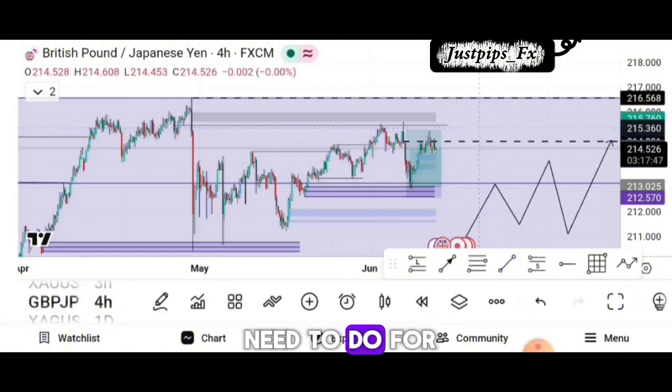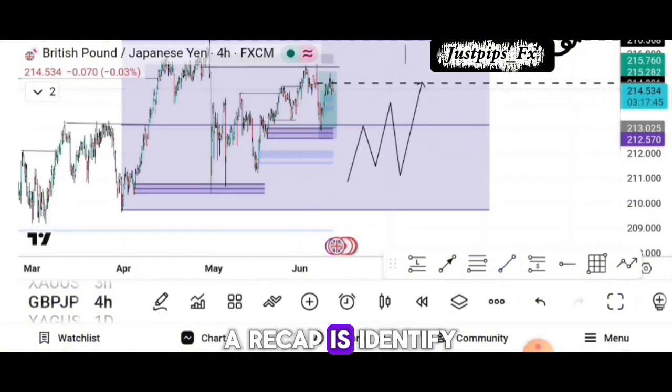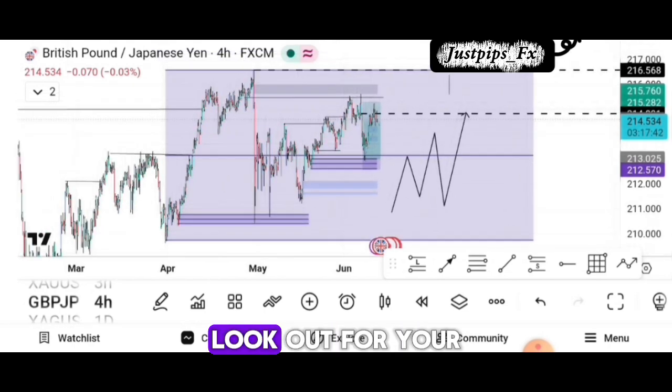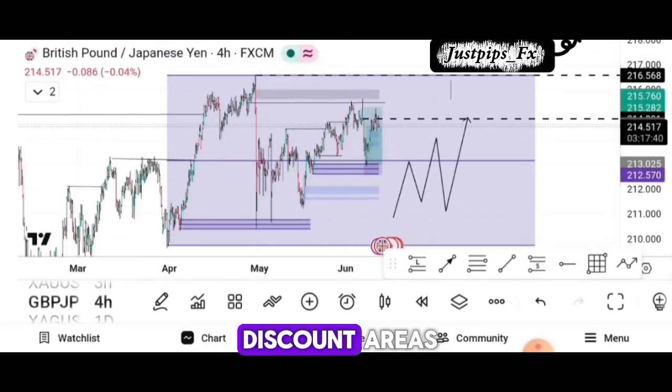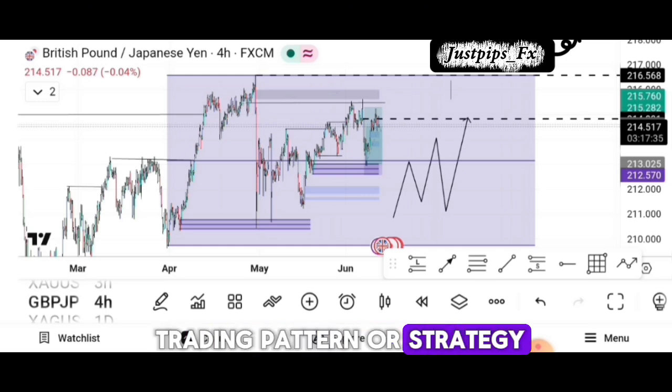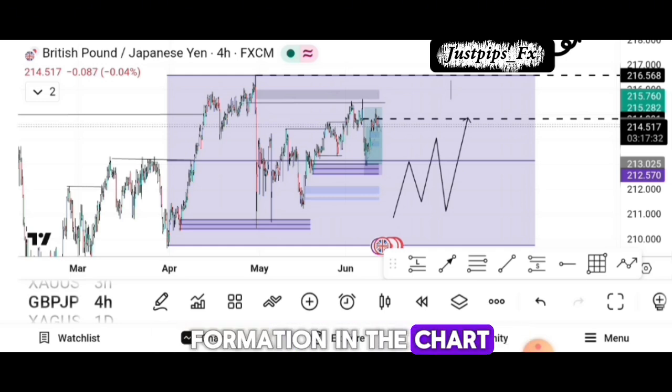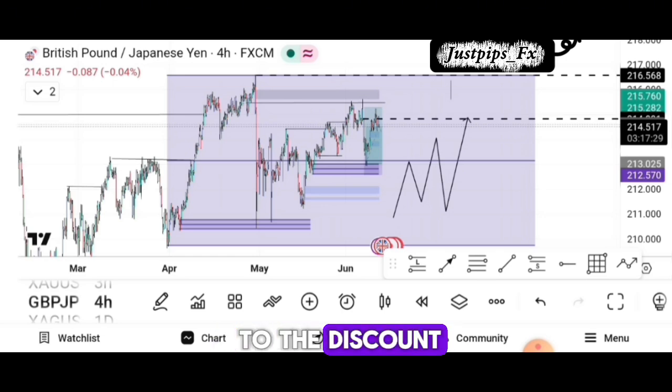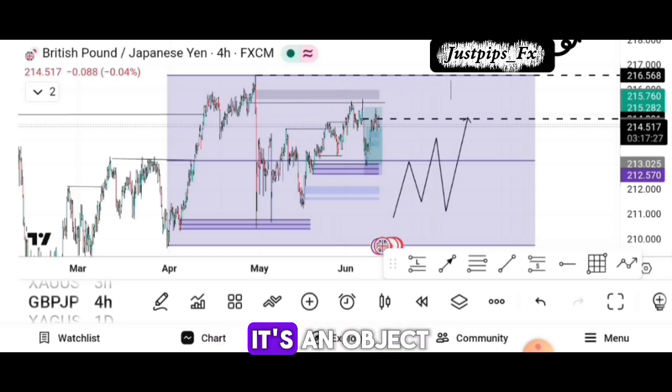The first thing you need to do, for a recap, is identify your range. Look out for your premium and discount areas. Now look for your trading pattern or strategy. If you see the formation on the chart and it falls into the discount, for instance you see your order block inside your discount area that has a liquidity closer to it, it is ideal for you to choose that order block because it is a valid one, and if you do that, I believe you will have a lot of